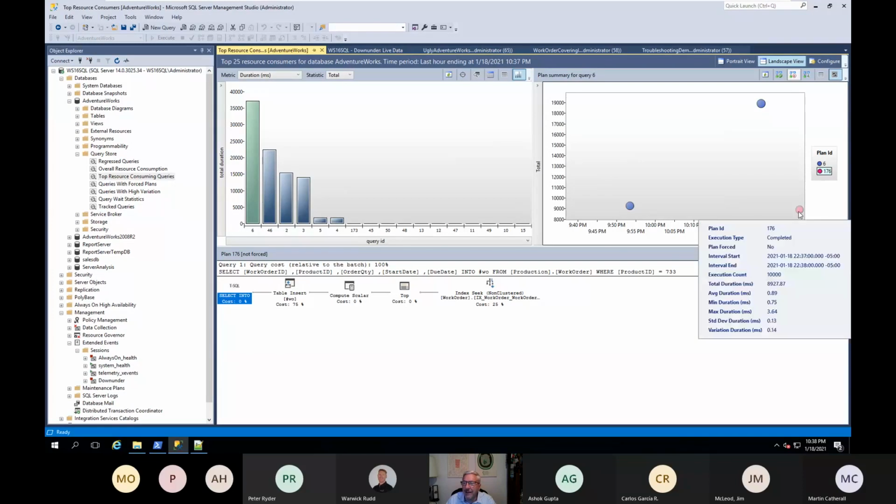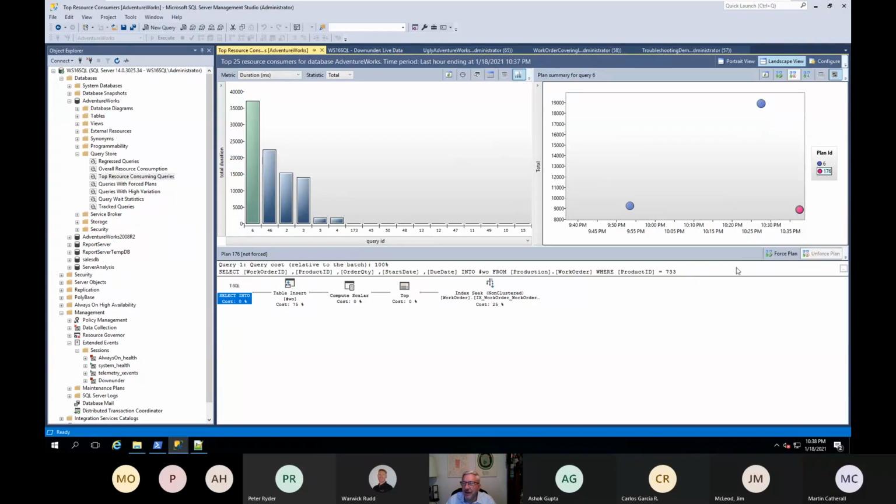I can select this option. I can force that query plan to be used. I'm going to say no here, because if I drop that index, it obviously can't continue to use that query plan. But in your top resource consuming queries, if there are multiple plans, you can see the different plans and what their resource usage is.